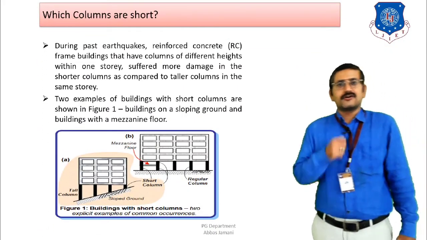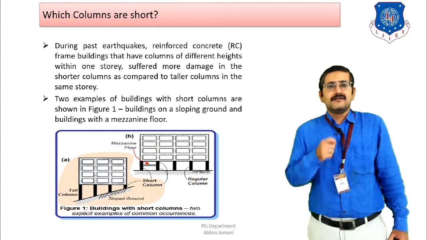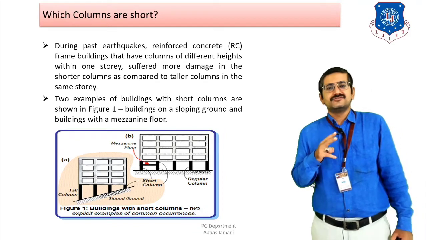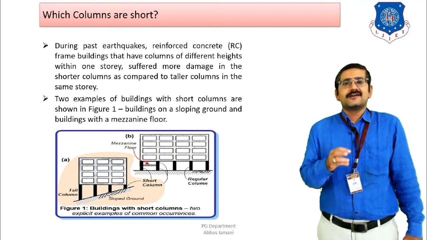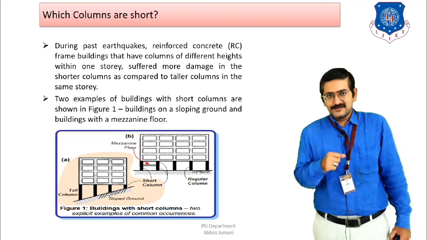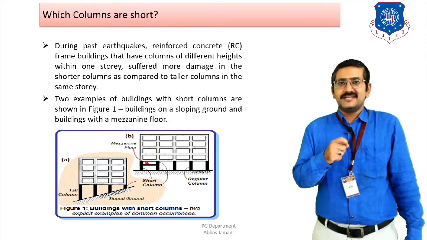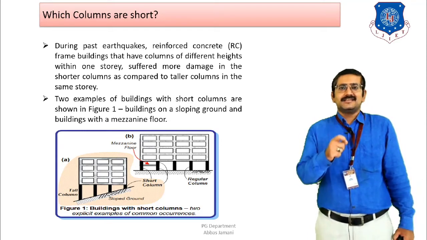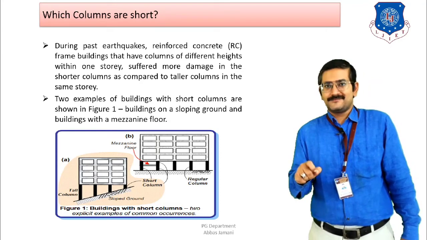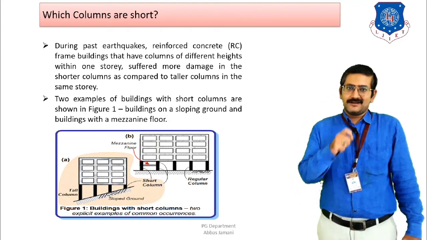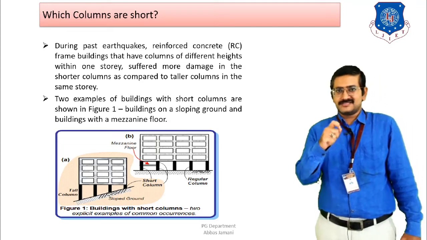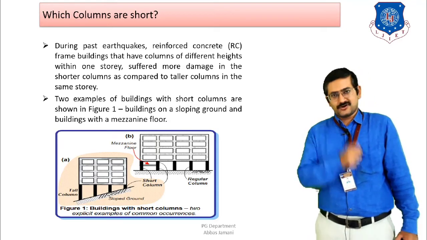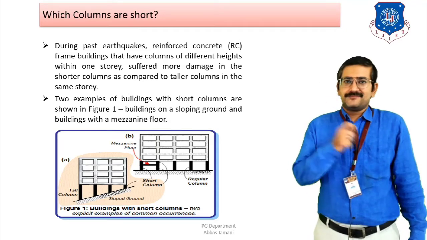When I talk about the short column effect, first of all we understand which columns are known as short columns. As we have seen, the guidelines of IS 456 use two terms: first is slender column and second is short column, right? IS 456 mentions that if the L by D ratio, that is the length to depth ratio, is less than or equal to 12 or greater than or equal to 12, these guidelines, which you are well aware of, are given in IS 456. Depending upon this guideline, it is defined whether a particular column is known as a slender column or a short column. So what is the problem with short columns?